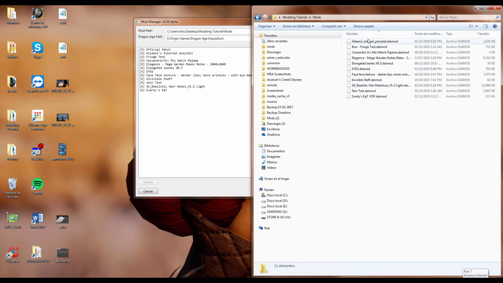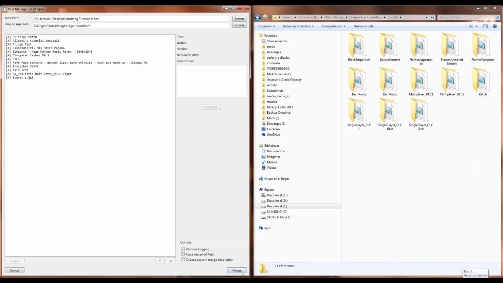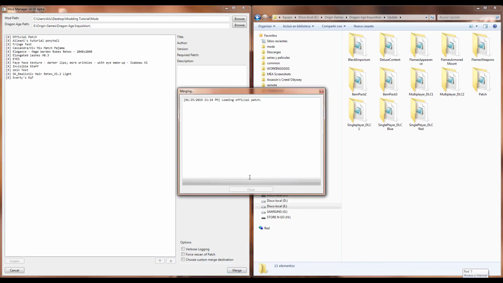You have all the files just tossed there. If you want to be cleaner in this aspect, you can have them sorted by folders and stuff like that. But it's just a general idea that you can get on how the mod process goes when it comes to installing it in game. All of those mods show here, and I'm going to press merge, and it will let the